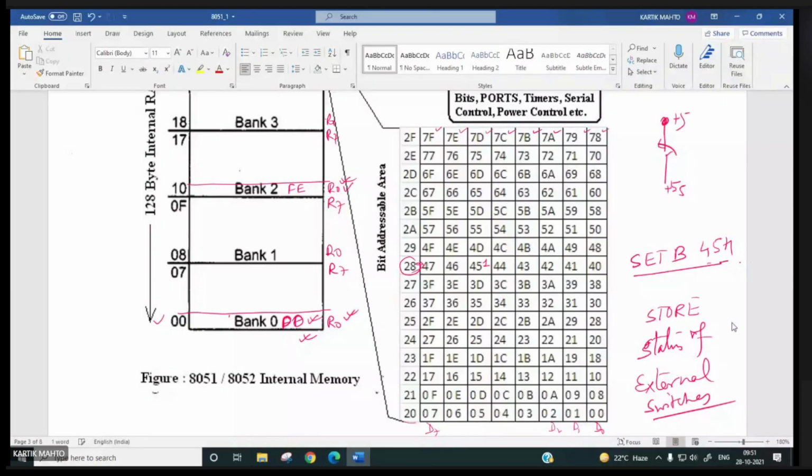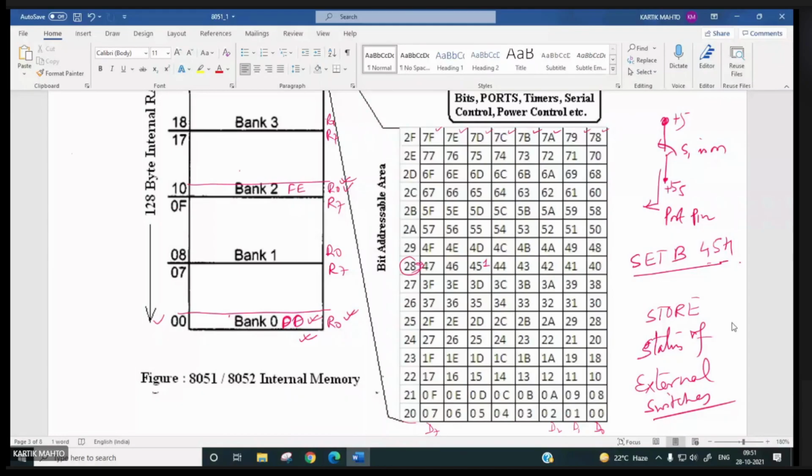If this switch S1 is on, this will be plus 5 volt, and this plus 5 volt you can copy to any of these bit addressable RAM. Of course these will be inputted via port pins. We will discuss that.